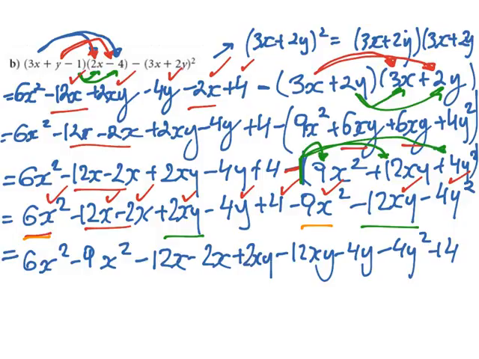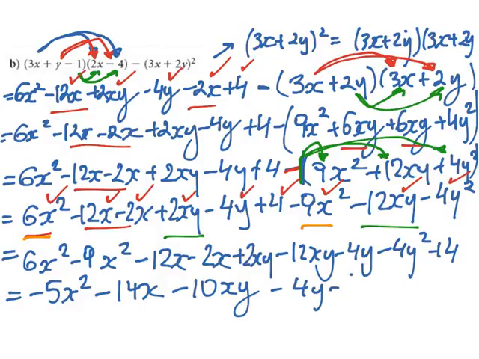We put them together now. 6 minus 9 is negative 3x squared. Negative 12x minus 2x is negative 14x. And 2xy minus 12xy is negative 10xy. And recopy everything else because there are no other like terms. And also, of course, you should probably do little check marks so that you've used all of those terms. And this is your